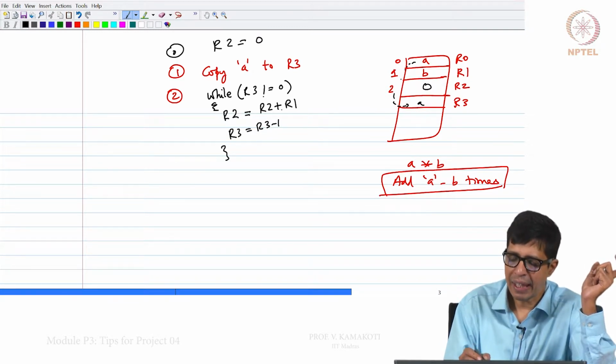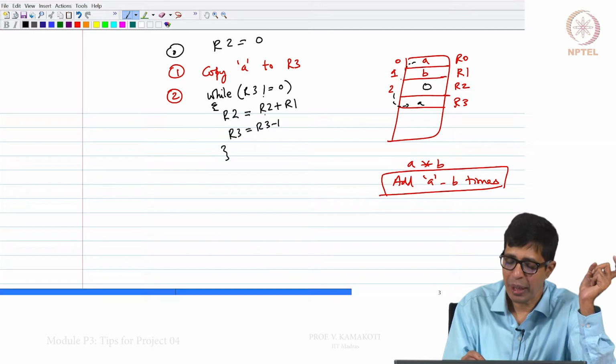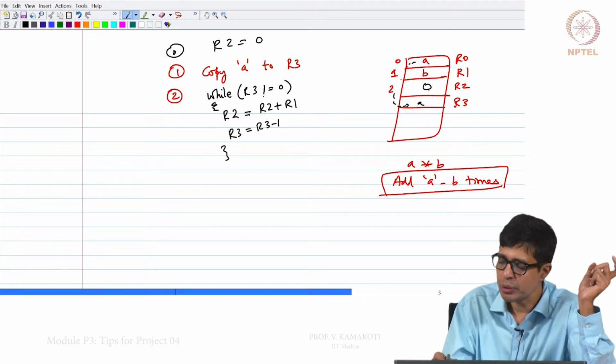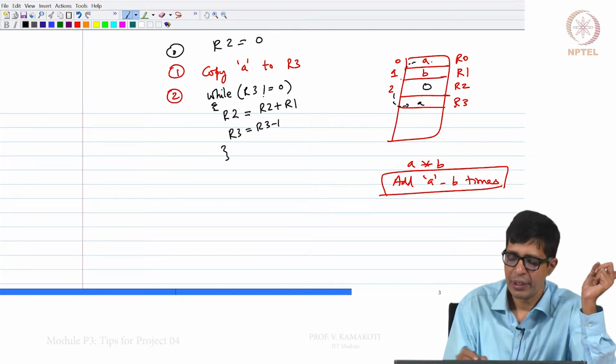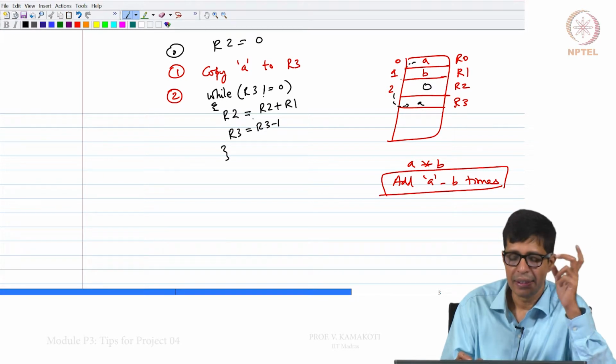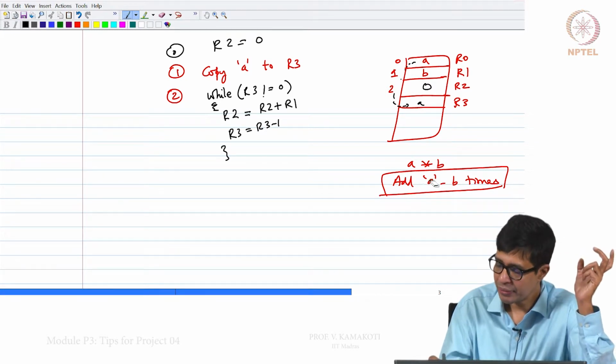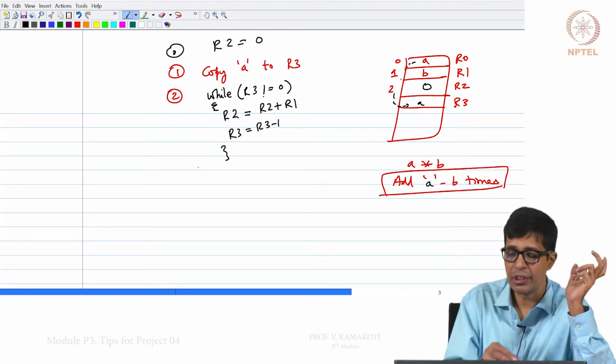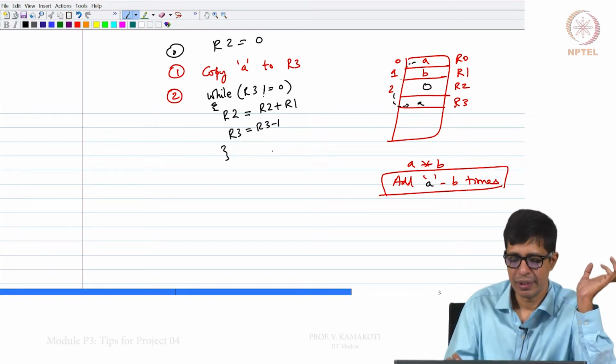Every time I add R1 to R2, I reduce R3. So, the number of times R1 gets added to R2 is equivalent to A times. So, I am adding A B times, sorry. Yes, I am adding A B times. This is how I can multiply, right.